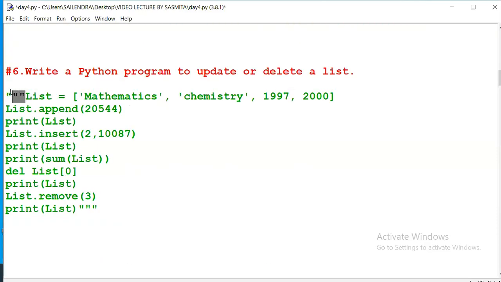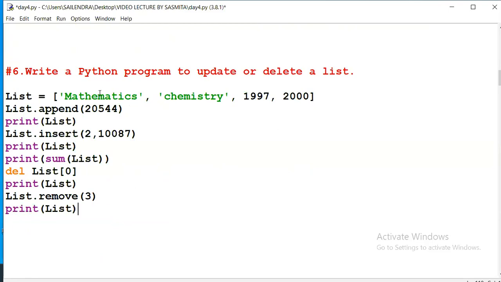See, now the list came. In this list, two strings are there and two values are there. So list dot append, print list.